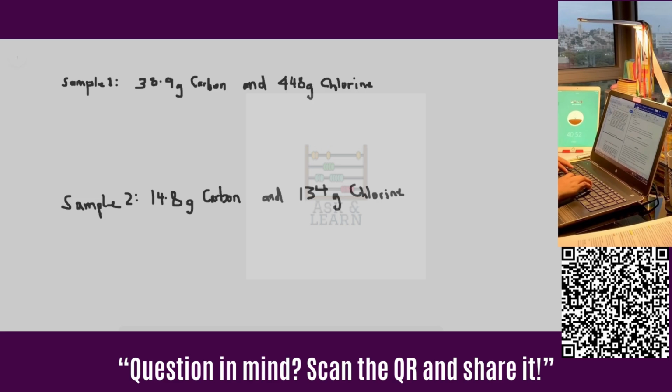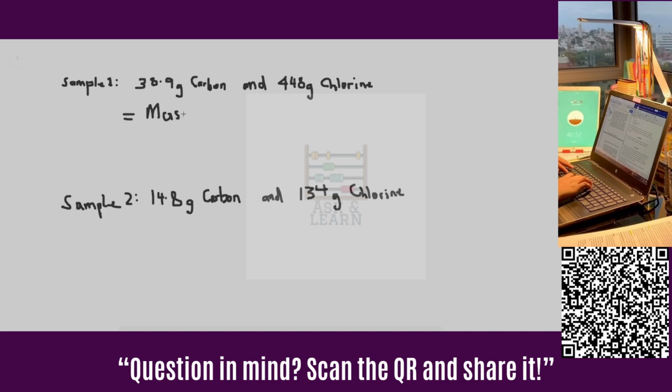So, like I said, one sample here, which is sample 1, contains about 38.9 grams of carbon and 448 grams of chlorine. So what we have to do is find out the ratio of carbon to chlorine or chlorine to carbon. To do this, we take and divide by the smaller number. So in essence, we're going to say that the mass ratio of chlorine to carbon in sample 1 is going to be given by